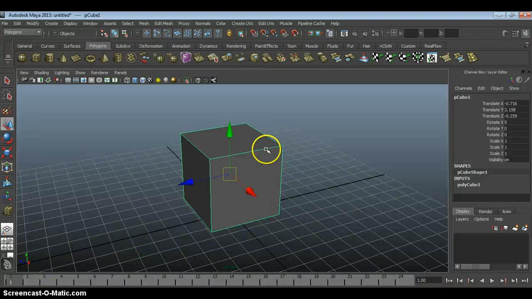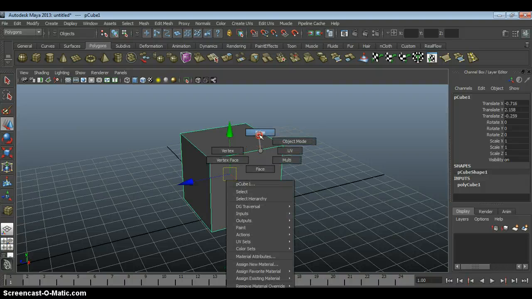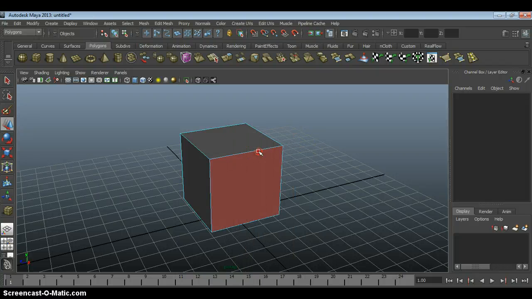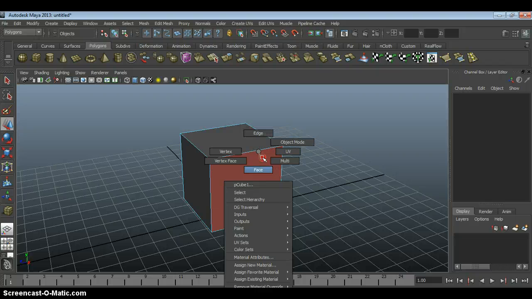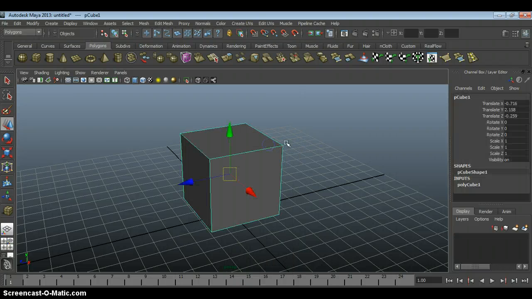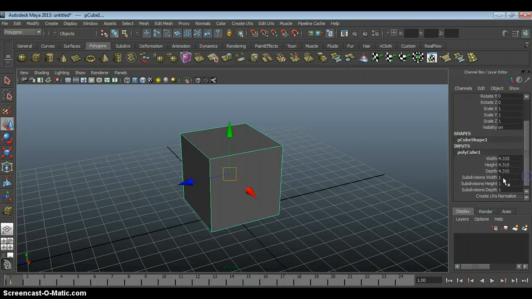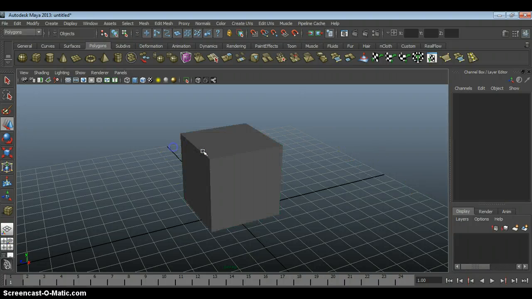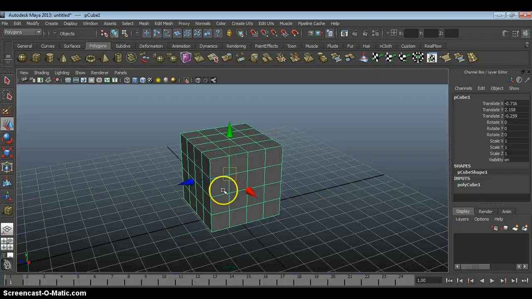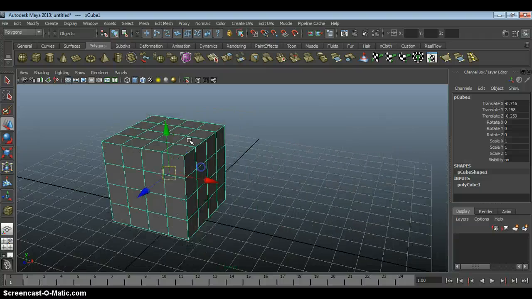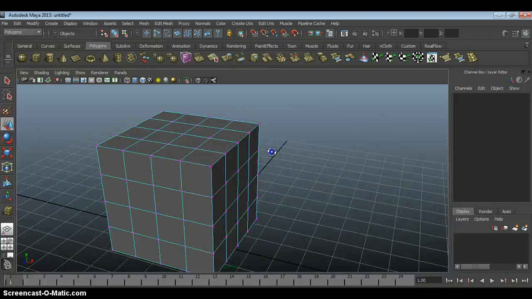Alright, from previous class you actually know how to select these 3 components for a polygon. Right click, you can see edge, vertex, and face. Alright, let's add more subdivision for this cube first. So let's go back to object mode, polycube. Let's say around 4 by 4. So we divide the cube itself into 4 sections each. Alright, when it comes to modifying a polygon, we can actually manipulate